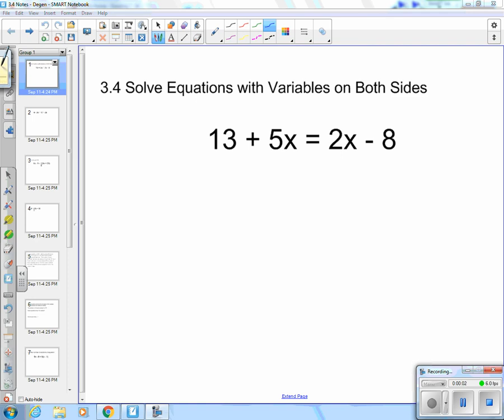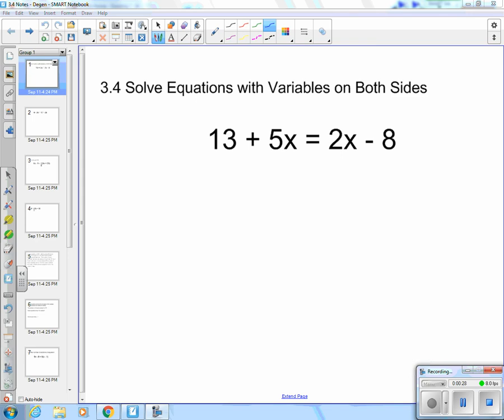Today we're going to be working on section 3.4, solving equations with variables on both sides. You have the equation 13 plus 5x equals 2x minus 8. Your first goal is to get the variables all together on one side and the constants on the other. I don't care which side you go to, but they have to be on opposite sides of the equal sign